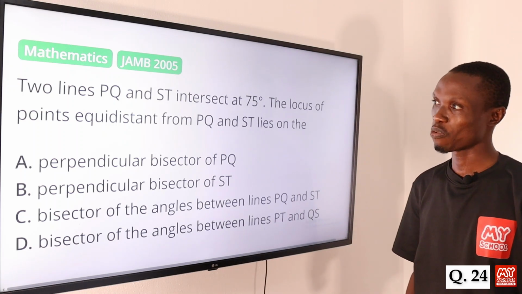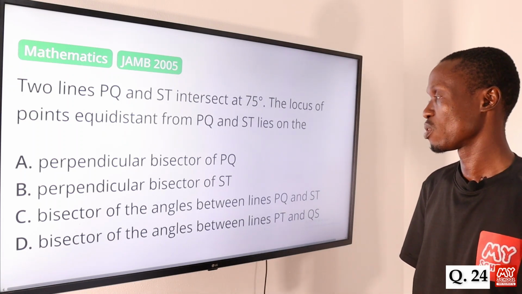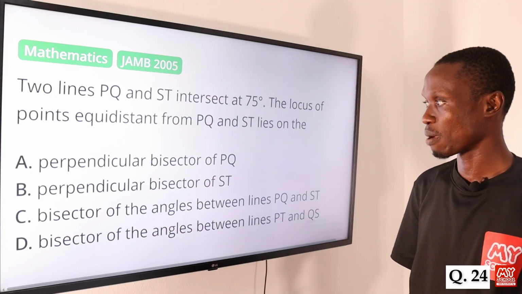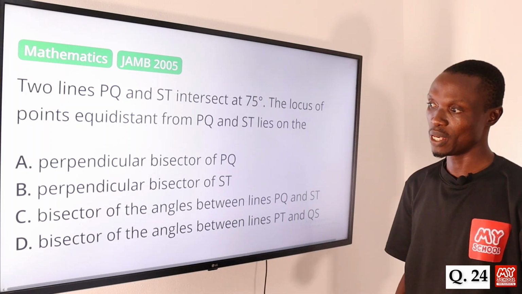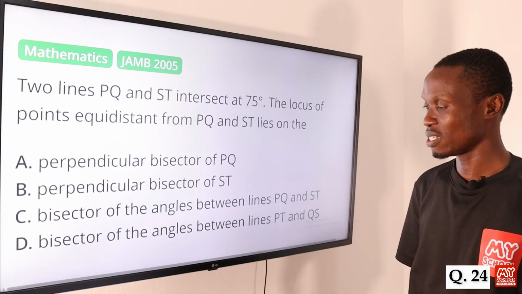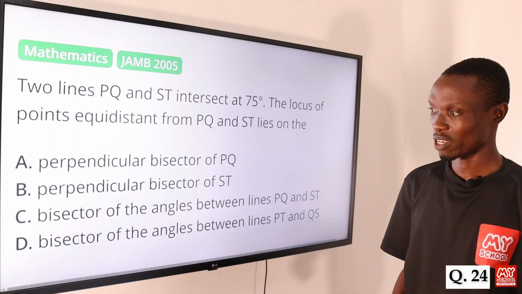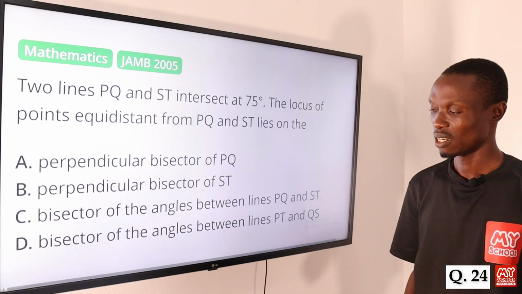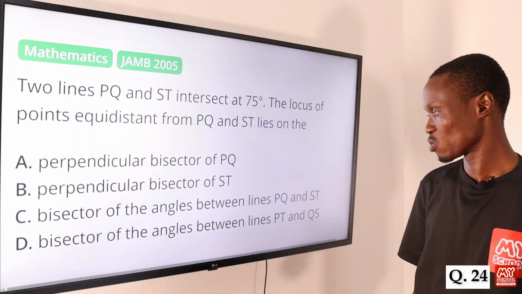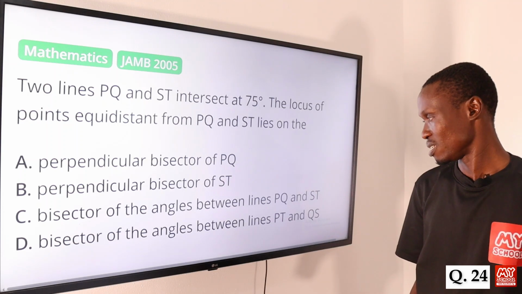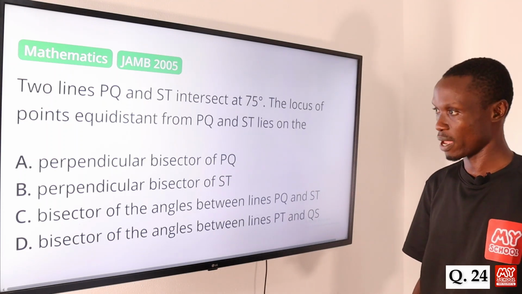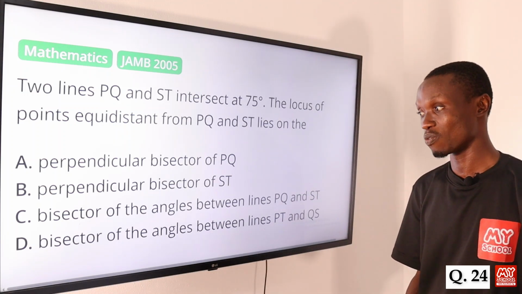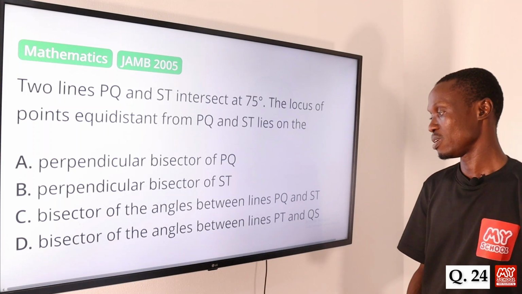The locus of points equidistant from PQ and ST lies on, so A, we have perpendicular bisector of PQ, B, perpendicular bisector of ST, C, bisector of the angles between line PQ and ST, D, bisector of the angles between lines PT and QX. Okay, so the answer to this question is option C, bisector of the angles between line